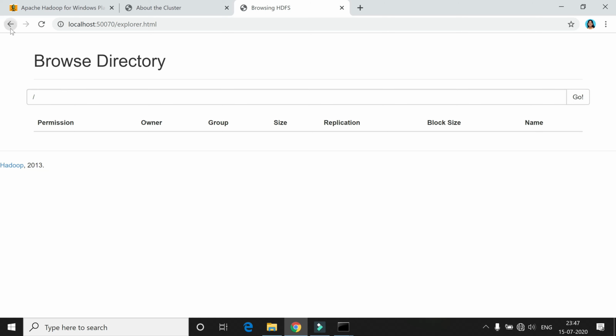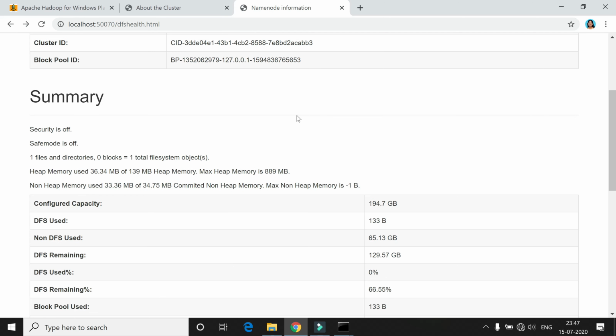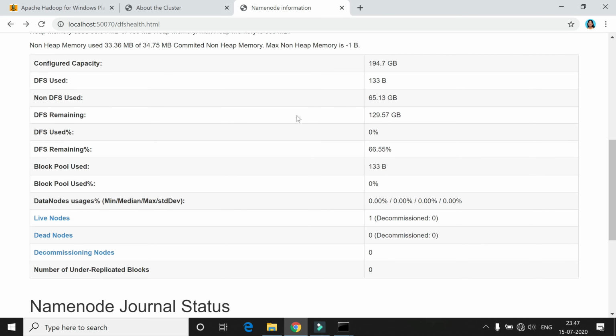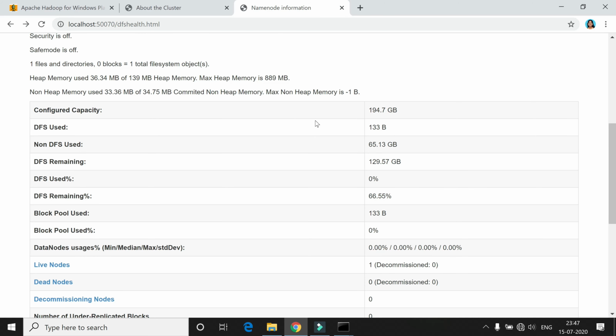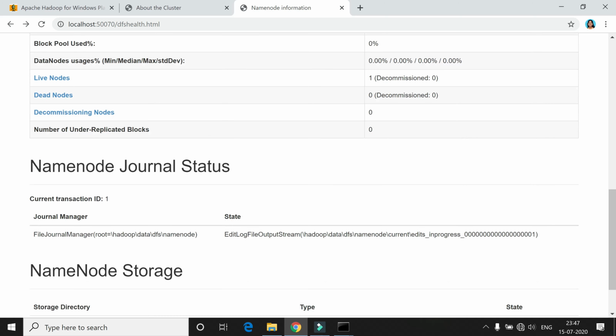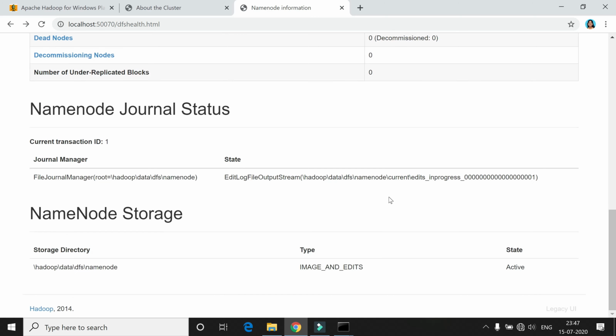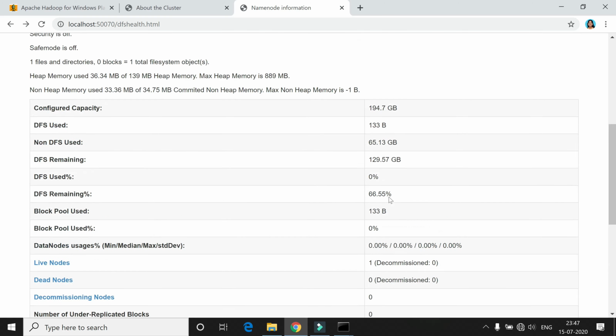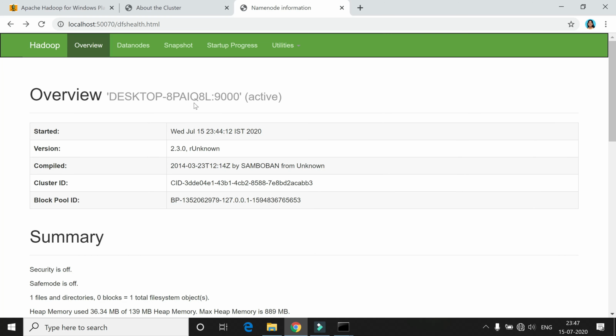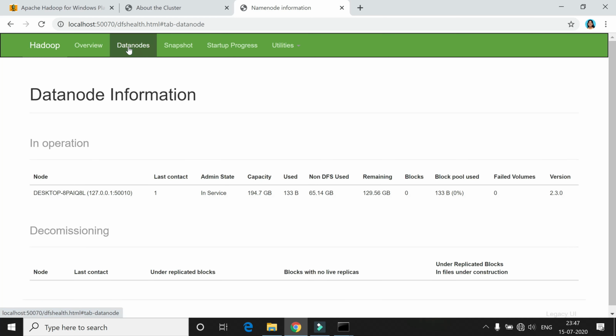Here you can see your C drive where Hadoop is installed, and the DFS space that is remaining. The memory details will be displayed here, then the status of your name node. All the details of your name node and data node will be displayed here.